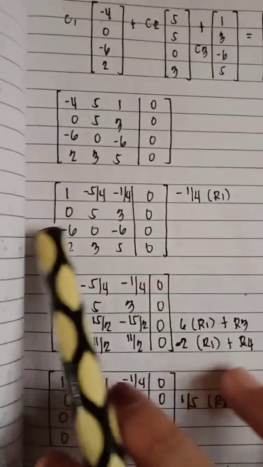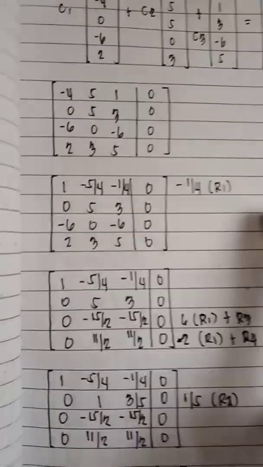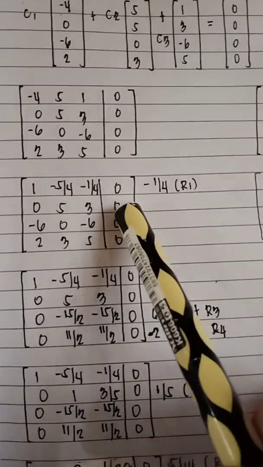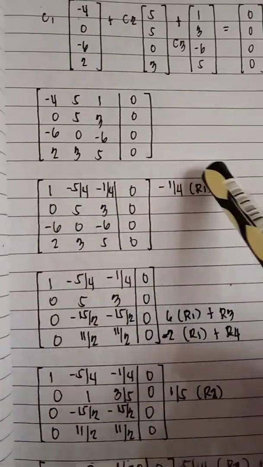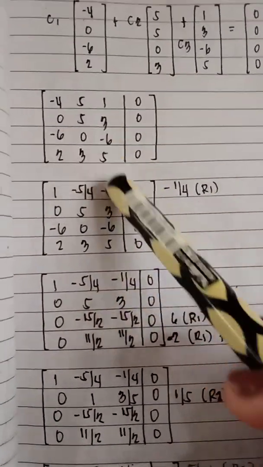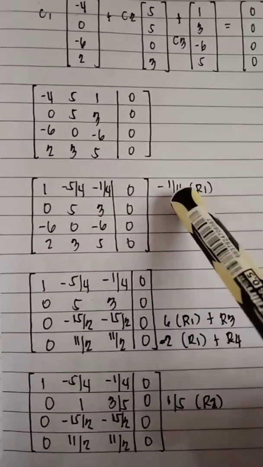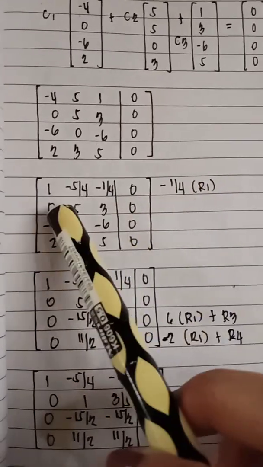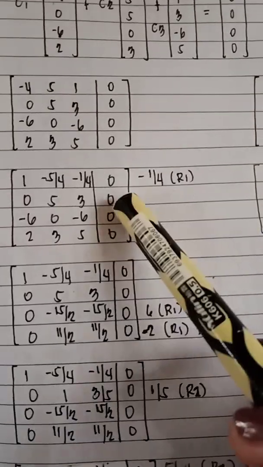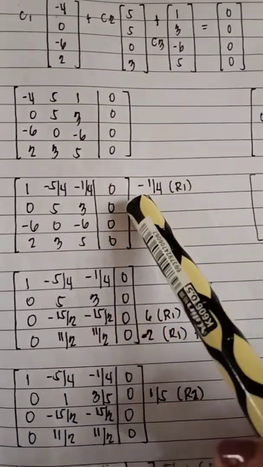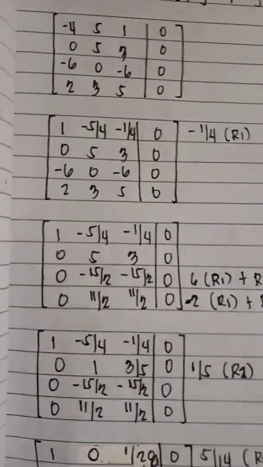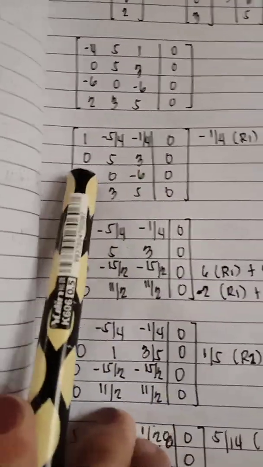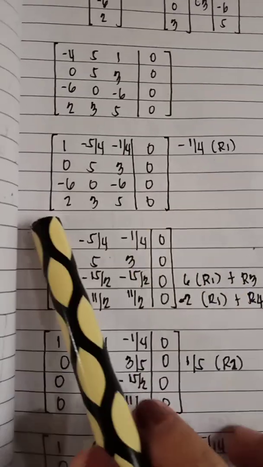First, we will just copy row 2, row 3, and row 4. Negative 1 over 4 times negative 4 is equal to 1. Negative 1 over 4 times 5 is equal to negative 5 over 4. Negative 1 over 4 times 1 is equal to negative 1 over 4. Negative 4 times 4 is equal to 0. Since our row 2 is already 0 in the first number,